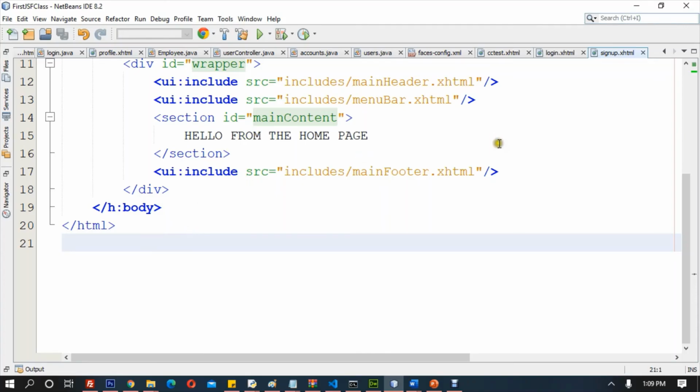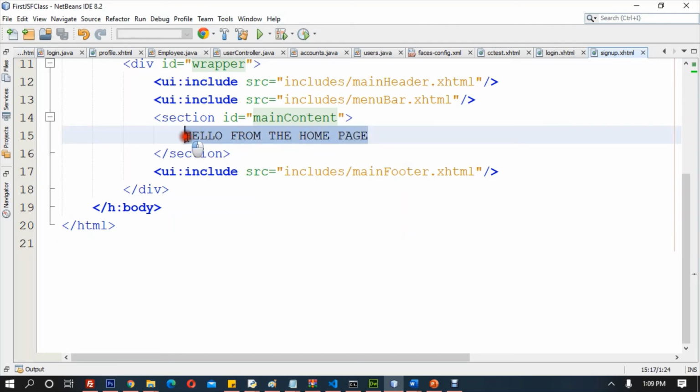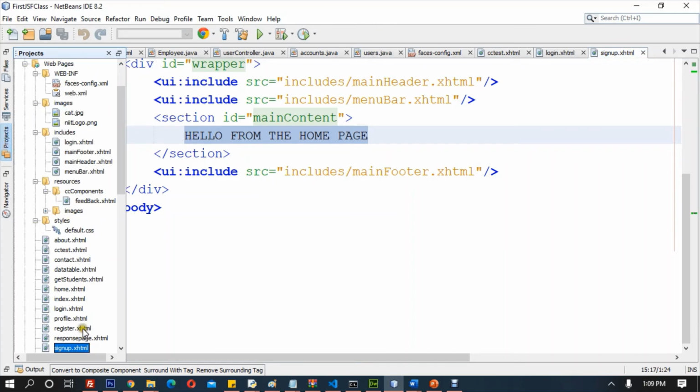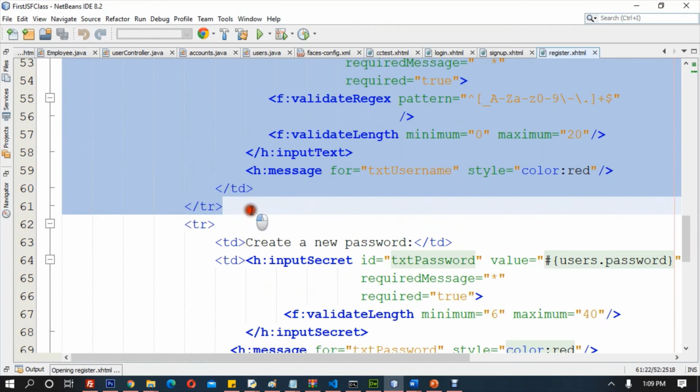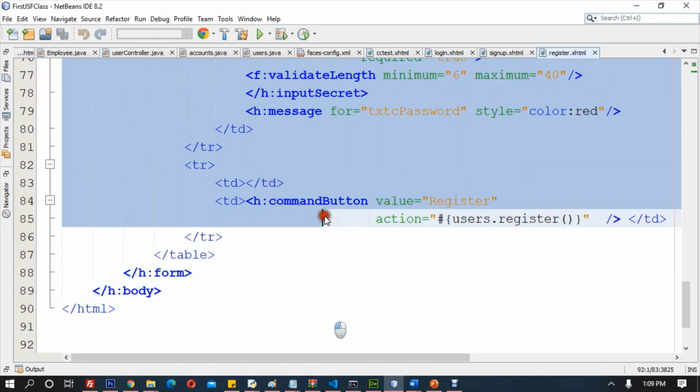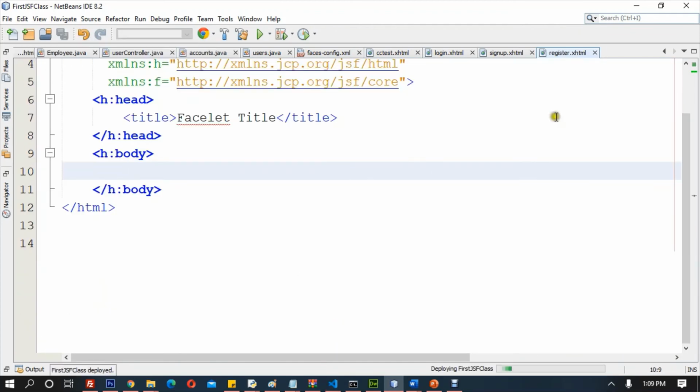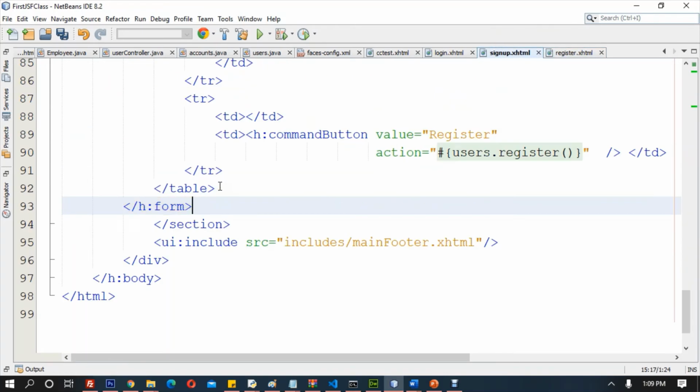What we are going to do here is include the same file, right? And I'll search for the register.xhtml, copy the entire form and keep the remaining things as it is. Alright, so I'll copy the entire form to this